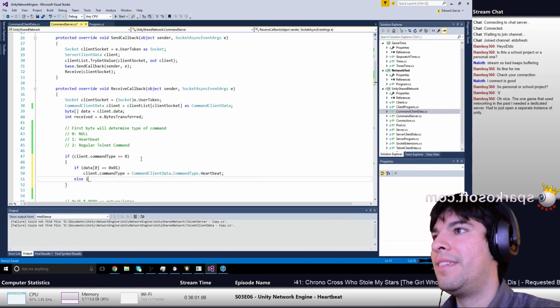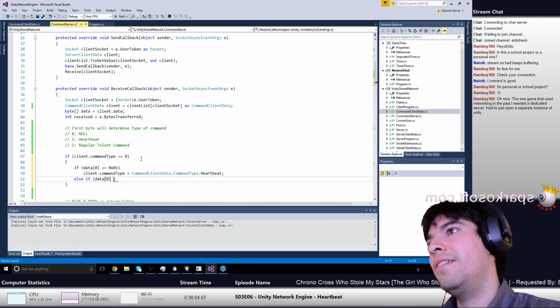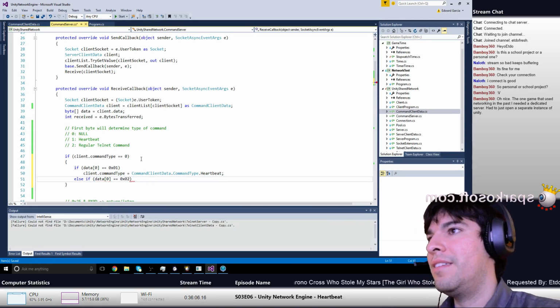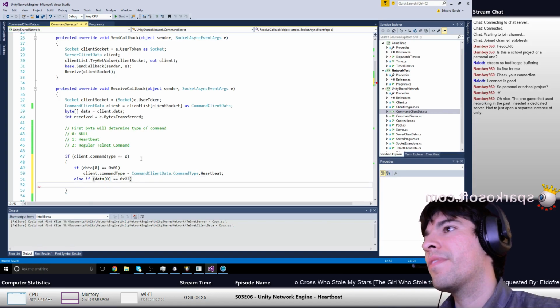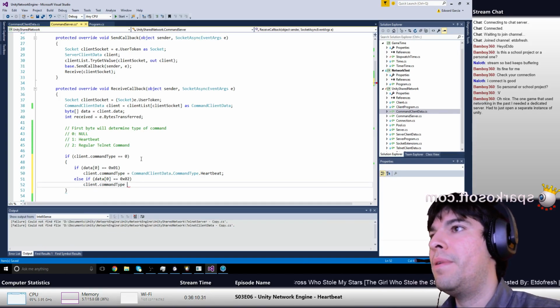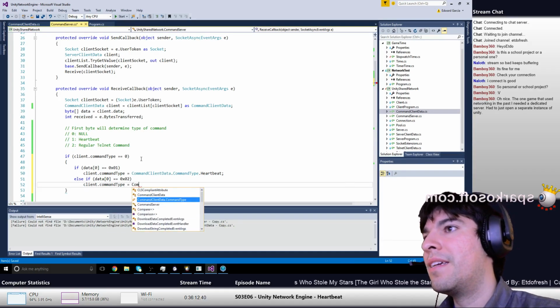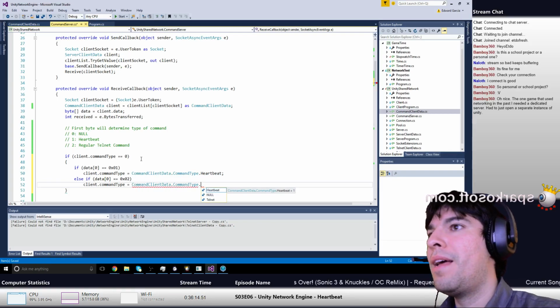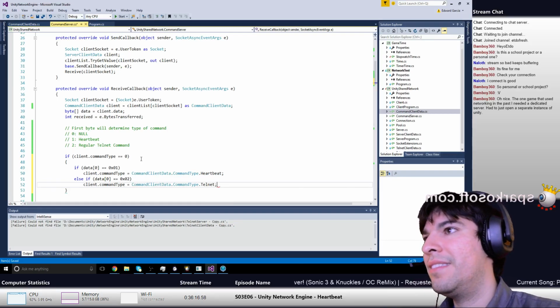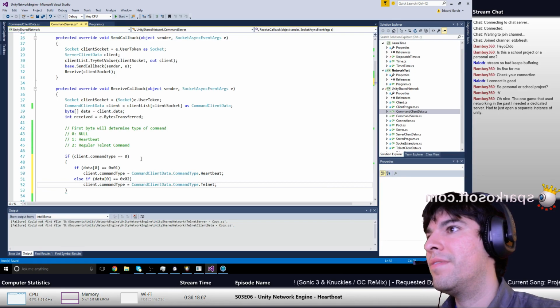And then else if data 0 equals 0x02, client.command type equals command client telnet. And else,